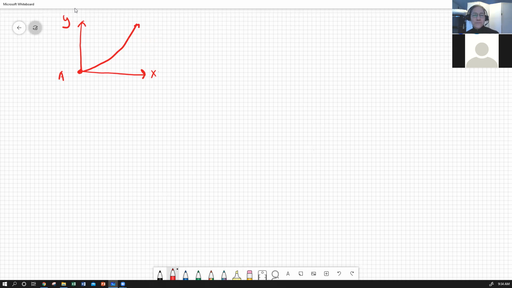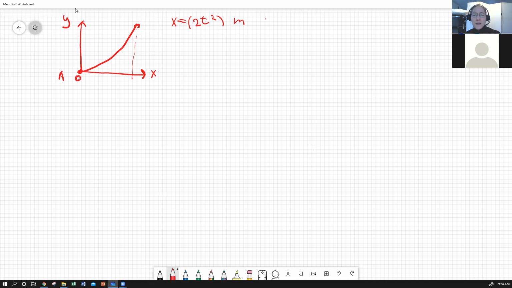Our x position at any time, which is the same as displacement because we started at the origin, A is the origin, is 2t squared,